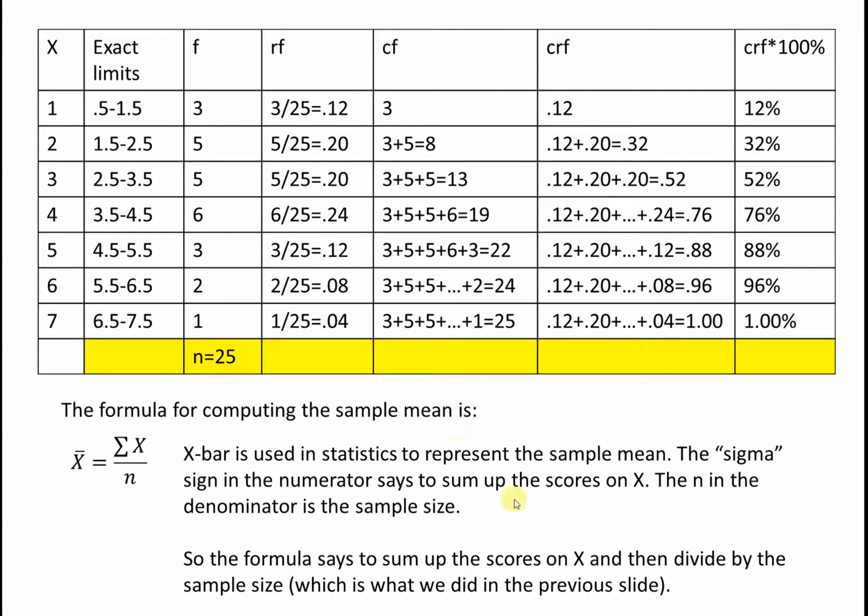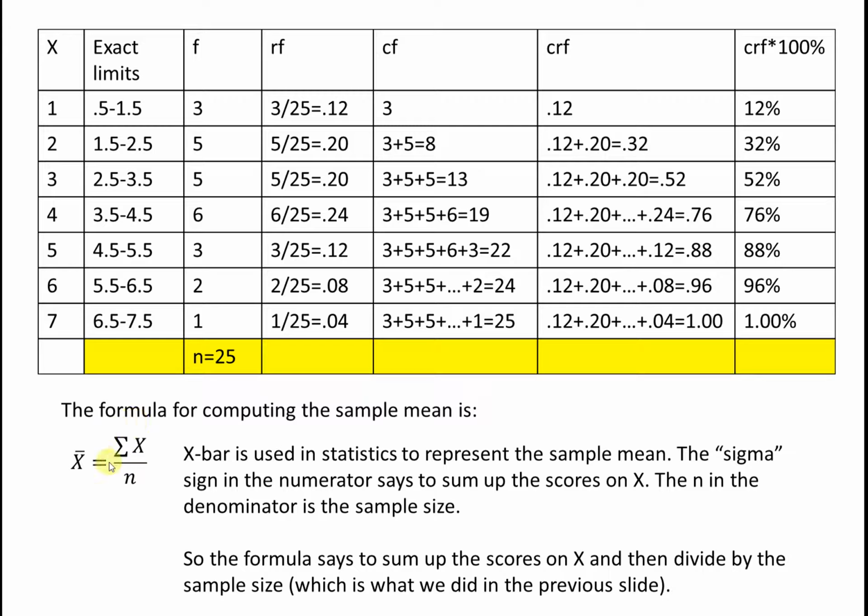Oftentimes, when you're reading statistics textbooks, you'll see formulas such as this that are given, and these are just representing convenient shorthands for what operations to carry out when computing a statistic. So if you see an x bar, the x bar is basically reflecting the mean of the scores on x in your distribution. The sum,